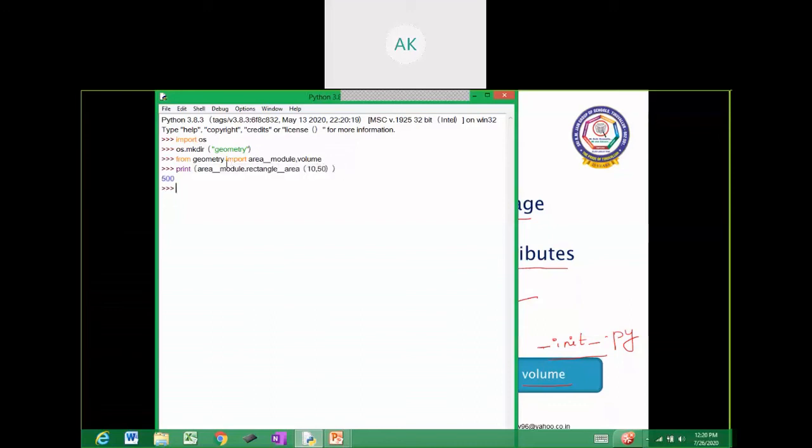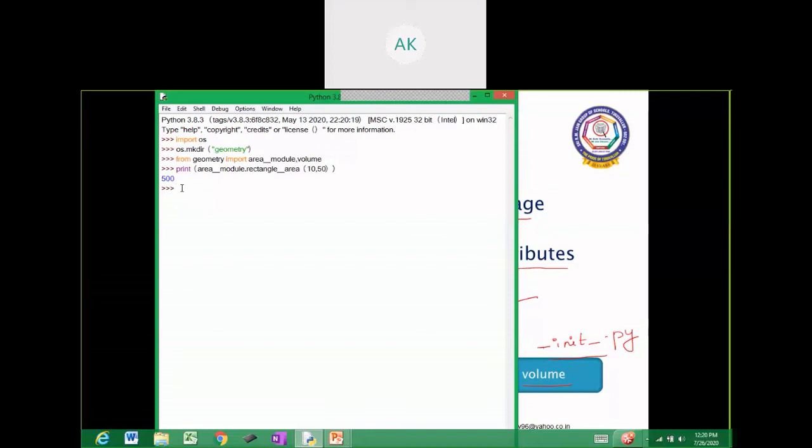So we have created a directory and attached the files along with it. Now we have imported the directory, and by specifying the names of the functions, we can access the functions present in the modules. Just as we use built-in functions in Python, here also you can create your own module, define functions in it, and use them.